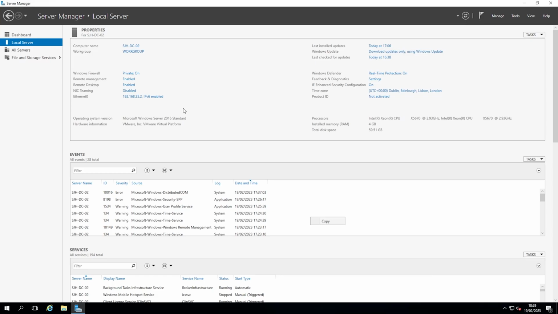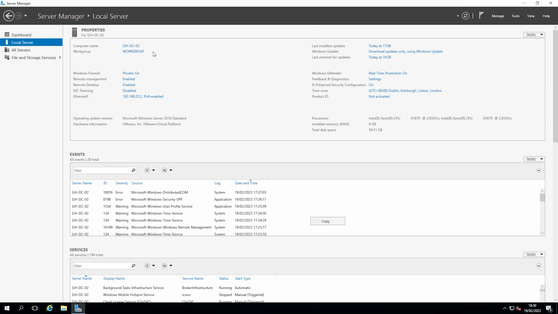Today we're going to be following on with the Windows Server playlist. It's been a while actually, to be honest. And we're going to create a second domain controller. Now I've pre-installed Windows Server 2016. I've already renamed the computer to the host name that I want, sjh-dc-02. In the previous video, the link should be floating around the top here, if I remember,